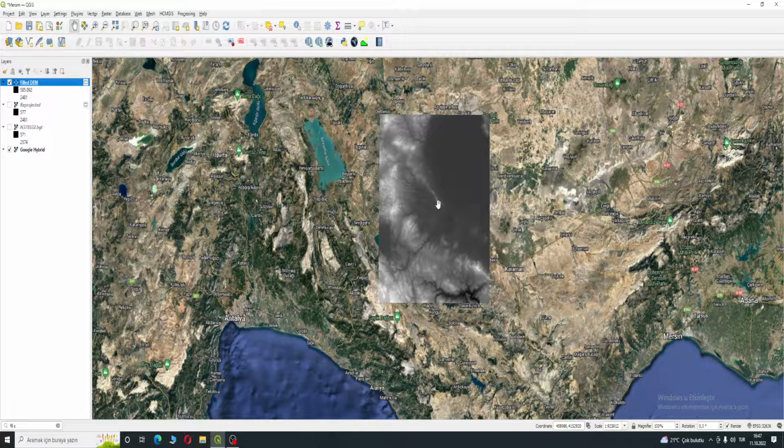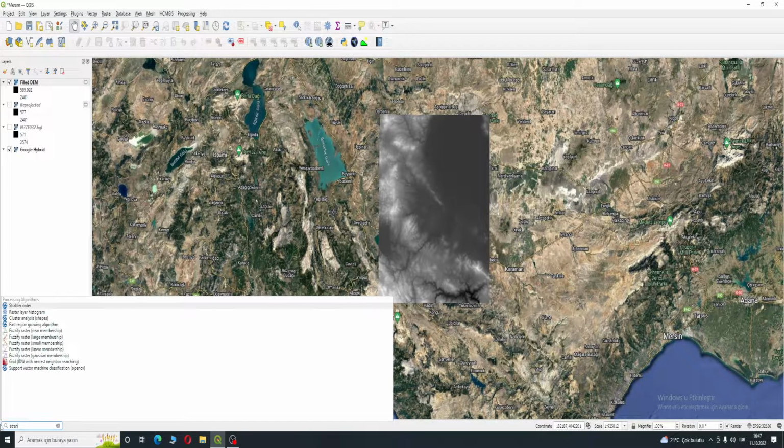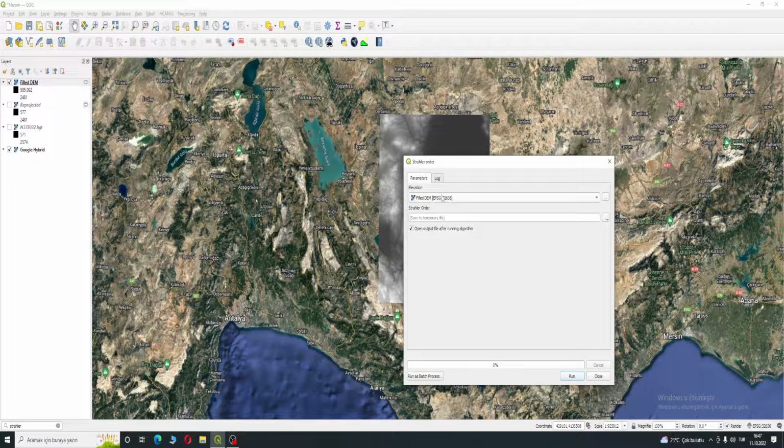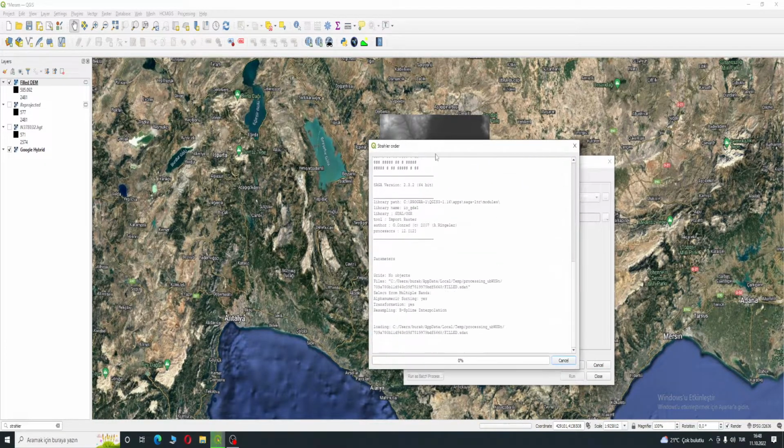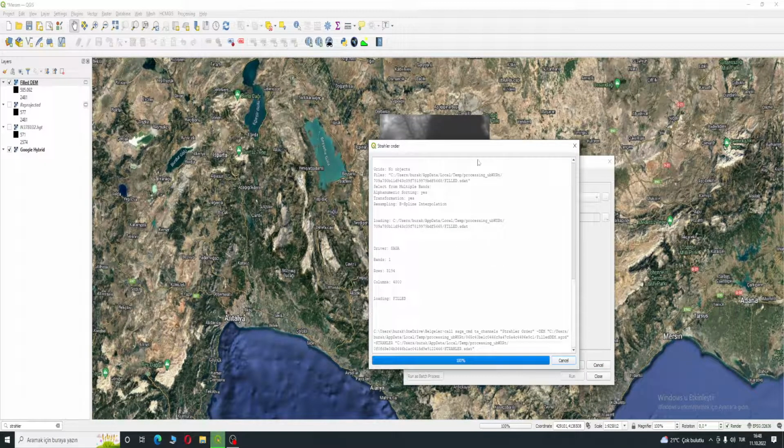So we have the layer digital elevation model. We filled them because otherwise the upslope area function will not work at the end. And after that we will use Strahler order. This Strahler order will give me the veins of our river,